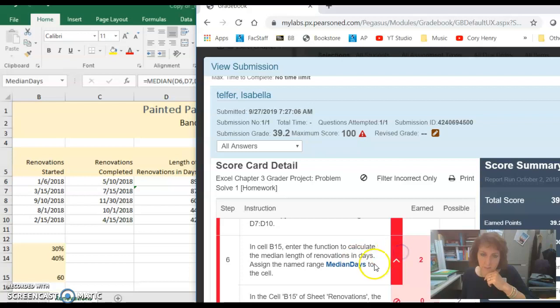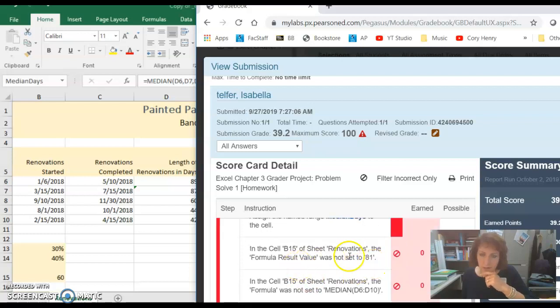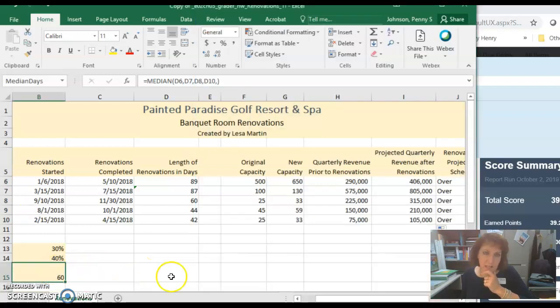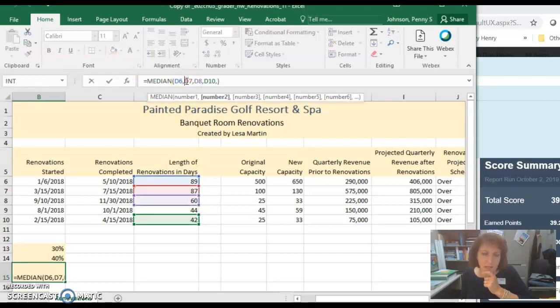Let me take a look and see what exactly it didn't like. Oh, so we don't have the right results. Okay, so in B15 the result is not set to 81. So we have the median of, oh, I see. So you're calculating the median, but you're missing one of the